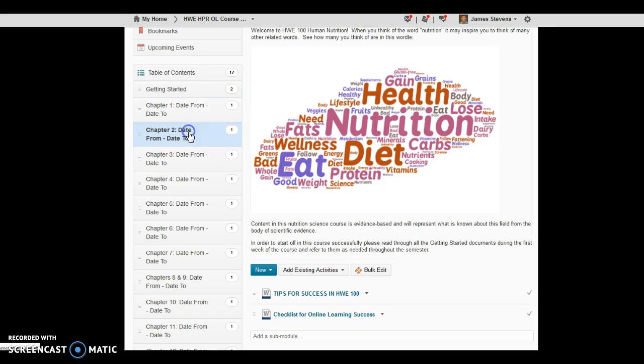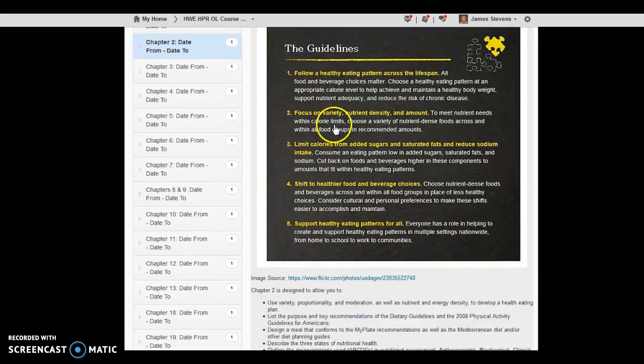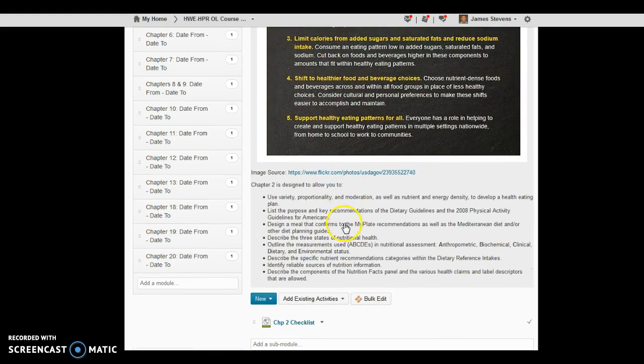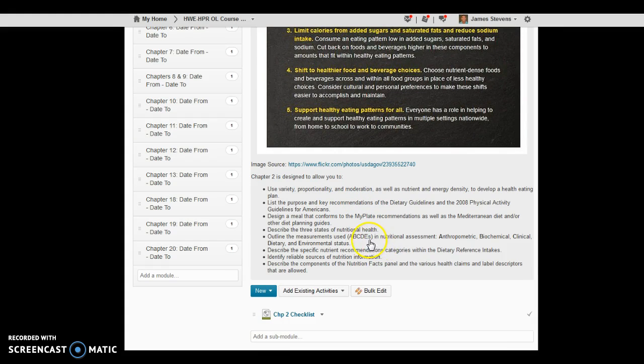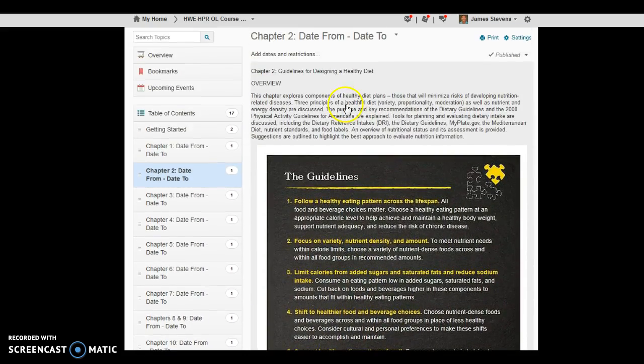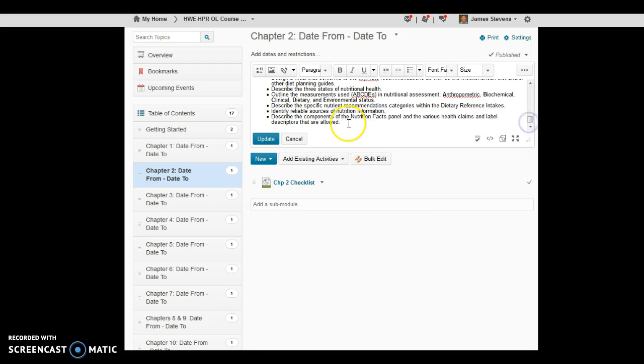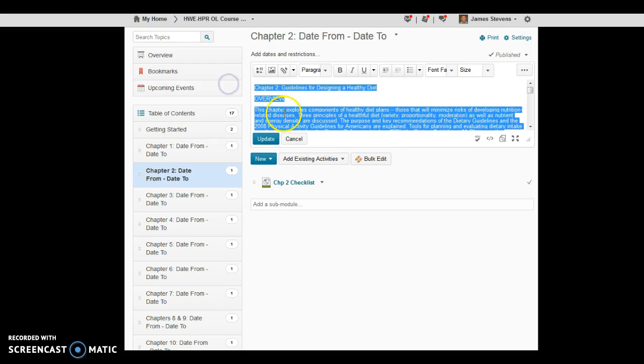What may be a little bit more time consuming is actually getting the specific weekly module overviews along with the image and chapter objectives into your course, and checklist as well. Those are also required elements of these new guidelines. So with this chapter 2 open, I'm going to just click anywhere. As you can see, I can click anywhere in this field. I'm going to go ahead and select the entire